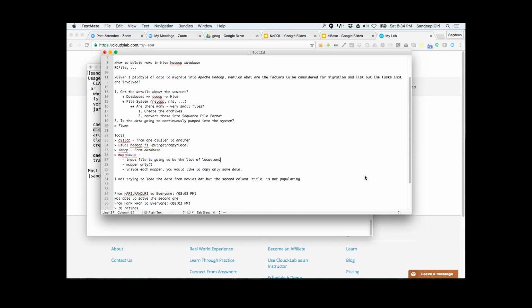Now, Jayaprakash's question was, if a network failure happens during migration, will it start migration from that point itself? The answer is no. It's a very good question. And so again, why am I focusing so much time